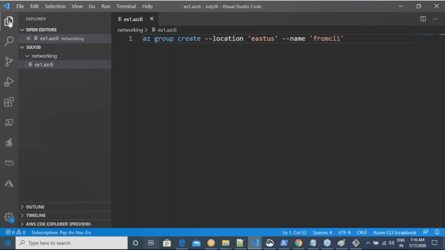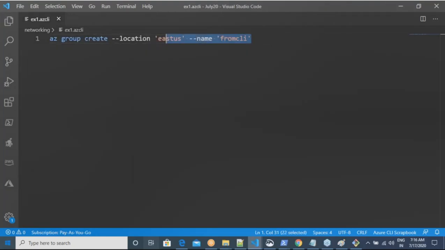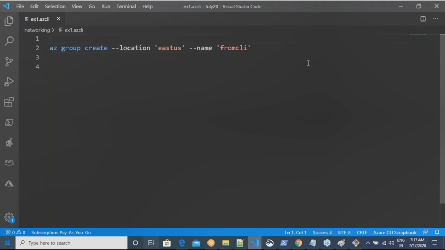Is this stuff difficult to do? No, right? Yeah. Okay, good. Now what will this do? This will create a virtual network. Okay.